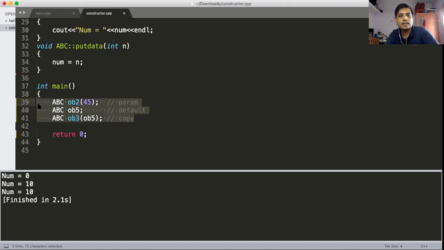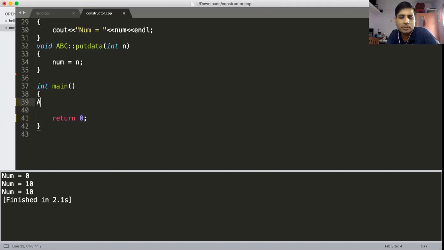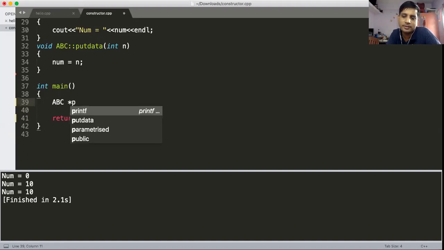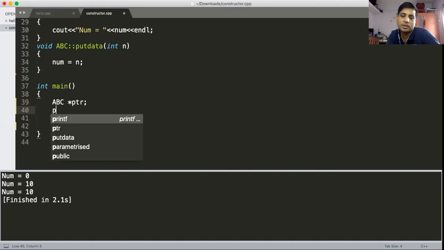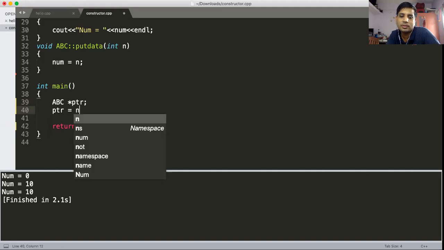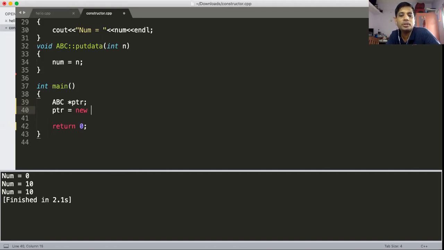Now here you can create your object by using a pointer also. Suppose ABC star PTR. It means that PTR is a pointer to the class. PTR is not an object. So to create the object, we are using the new keyword, new ABC.